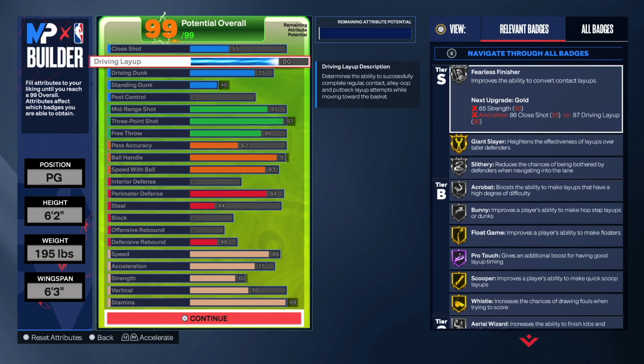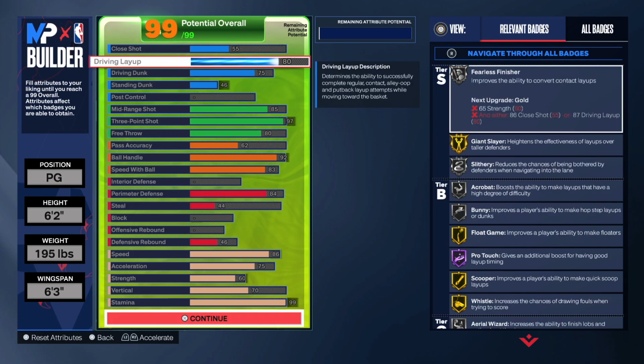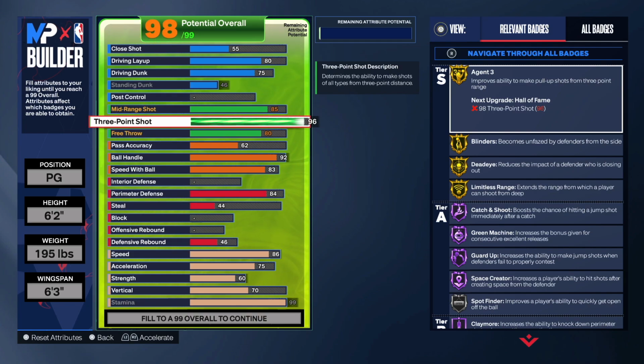Now for the finishing badges, everything is the same. I did max out the standing dunk here this time because I think it's pretty good here for a guard. So this is what I went for the finishing badges. And for the shooting, as y'all can see, the only difference that I made here was that I put